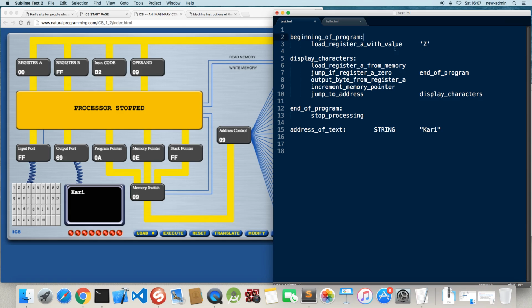So now we load the character code of Z to the register A, and then just we